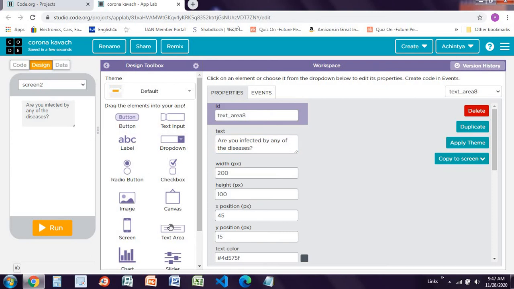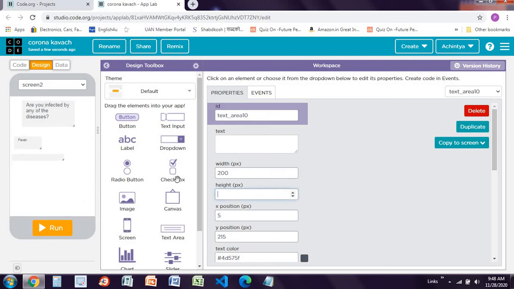Now here we have to give 4 options. First one is fever, like this, and make this very small. Decrease it to 105 and 50.